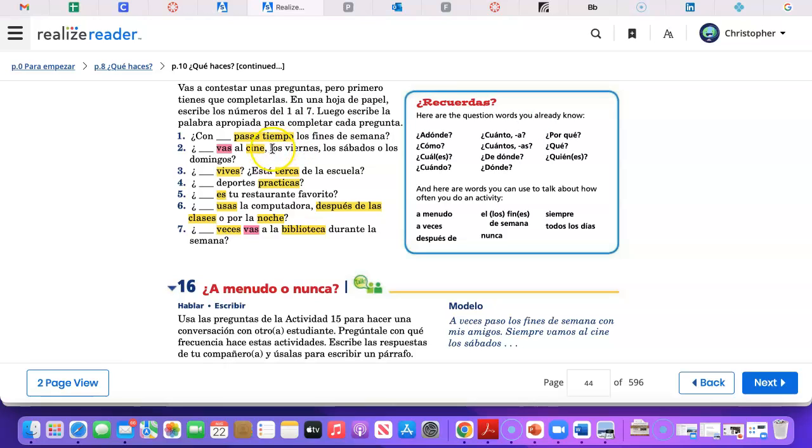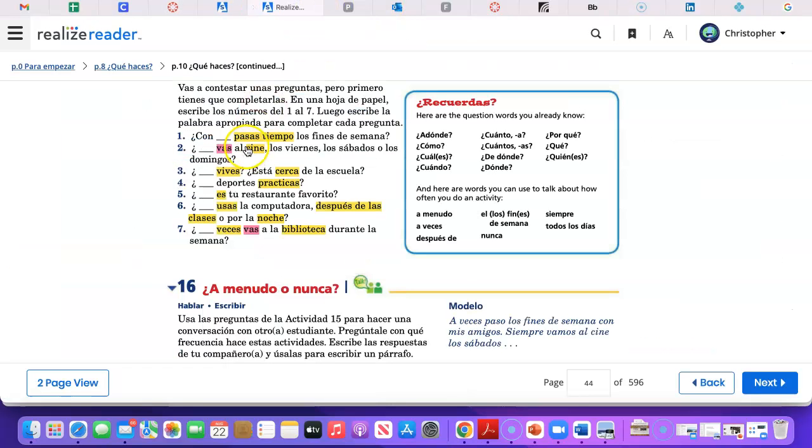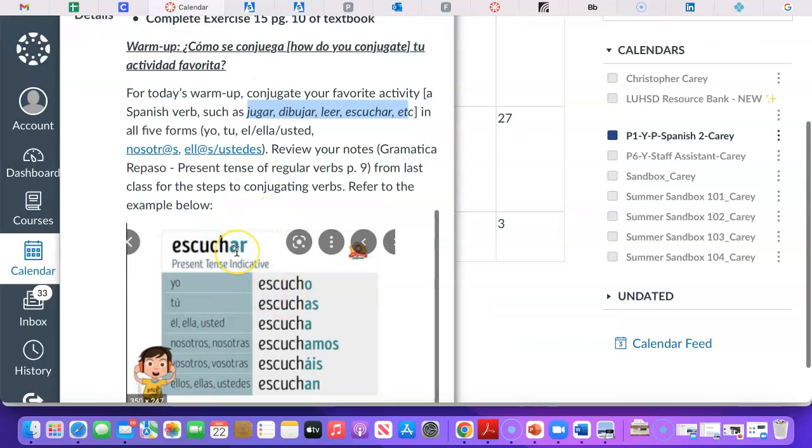So to begin my response, I'm going to begin with the yo form of this verb. And this is the verb pasar. I know it's an AR verb because it's using an AR ending, right? Like the verb escuchar. So I'm going to go in reverse, right? I'm going to start with pasas. I'm going to remove that ending and put the infinitive back. I want to start with the infinitive, and the infinitive would be pasar,